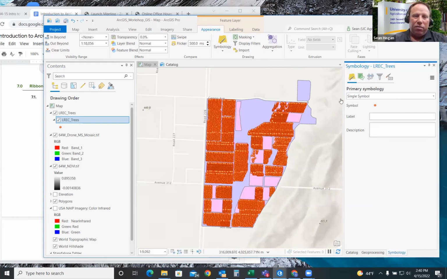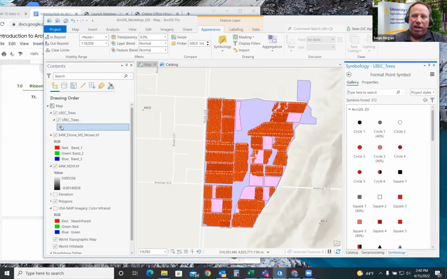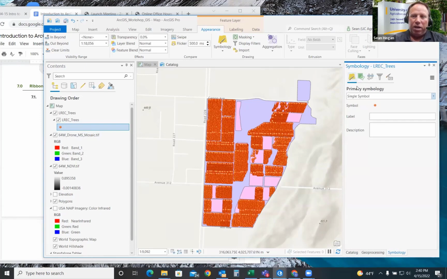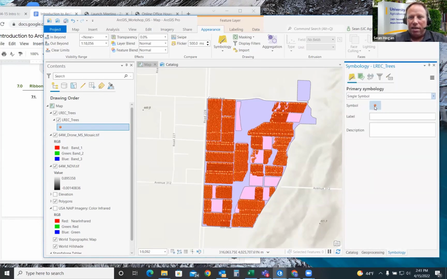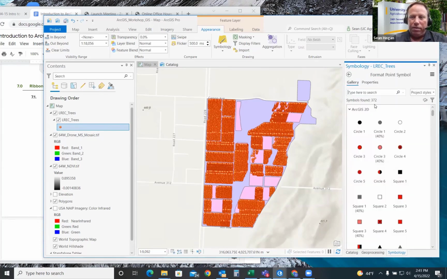Alternatively, you can just click on the dot in your contents. If I click on it, it'll go to the symbol specifically, similar to this. But if I click on the dot here, click on the symbol, the dot,